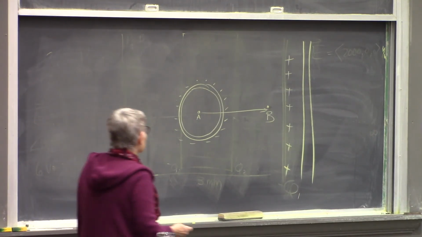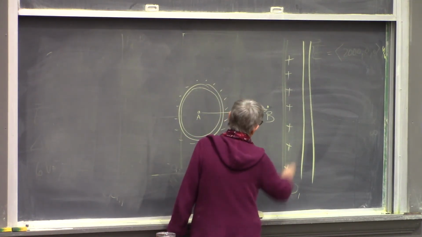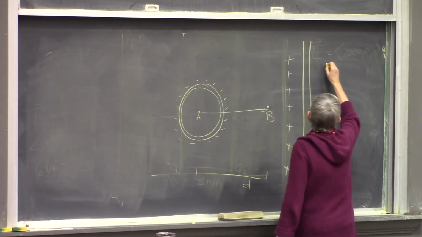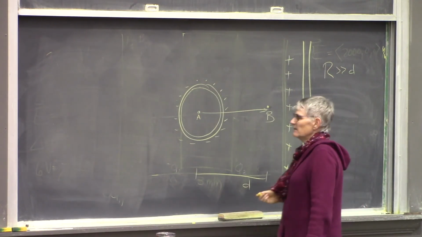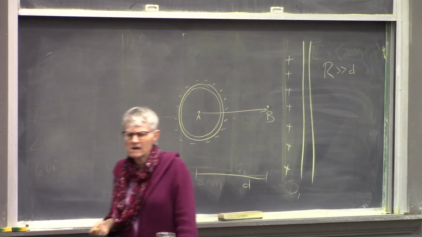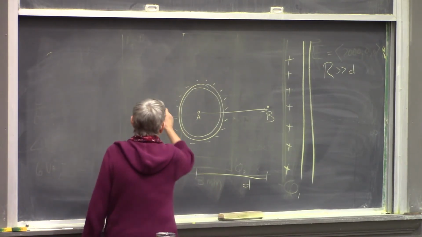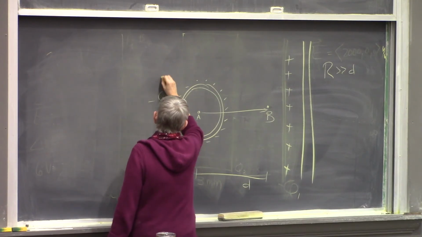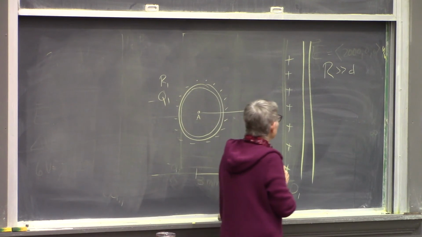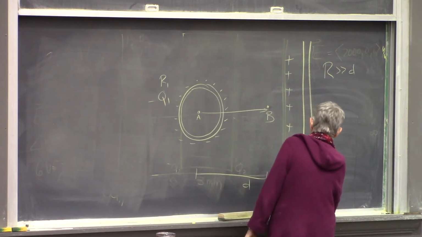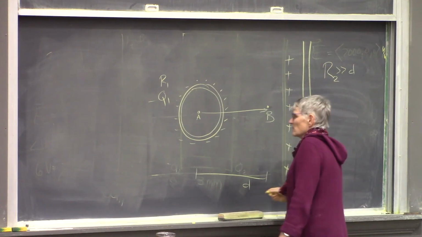And so this is some distance d. And the radius of this disk is much greater than d. And this we'll call a minus q1, and the radius of this little sphere is r1. This is, we'll call that q2. We'll call that r2. R2 is bigger than the